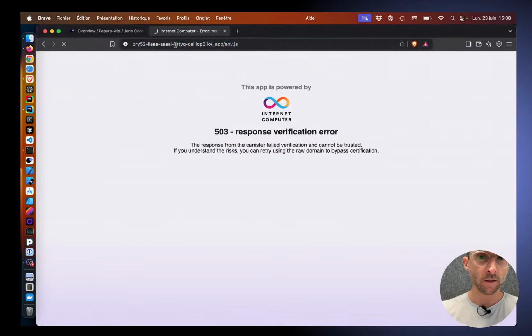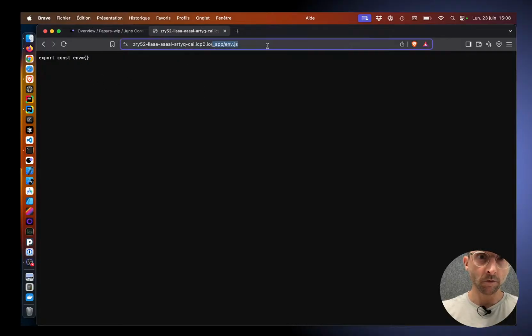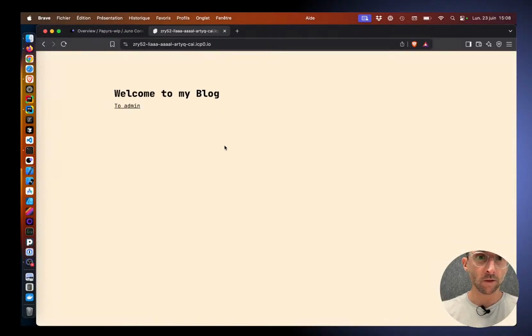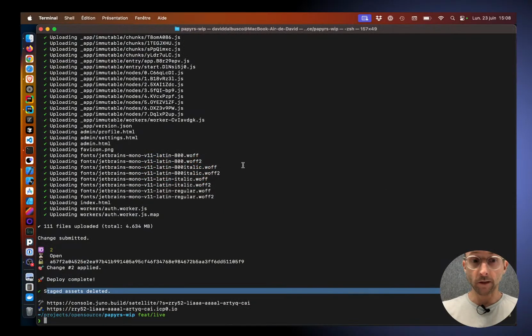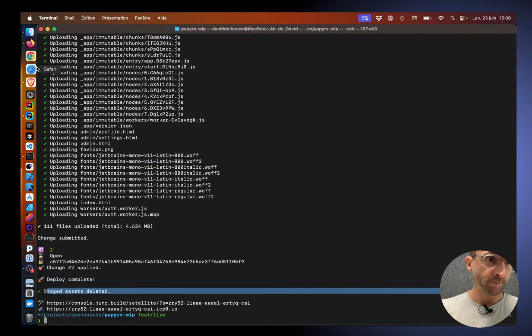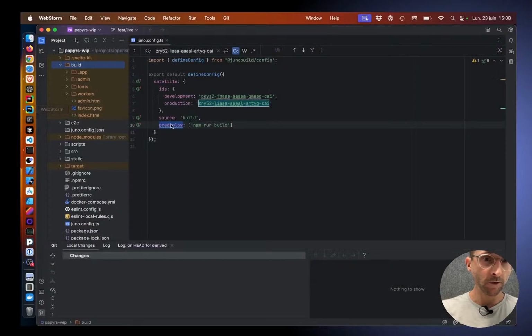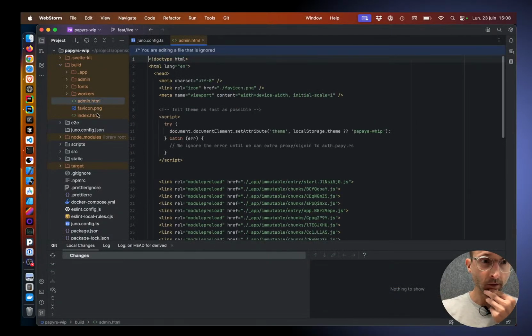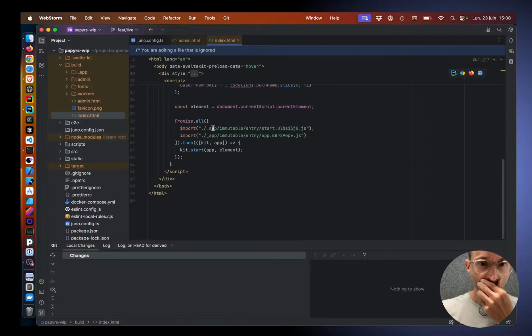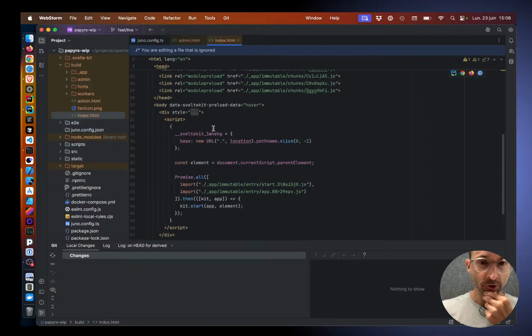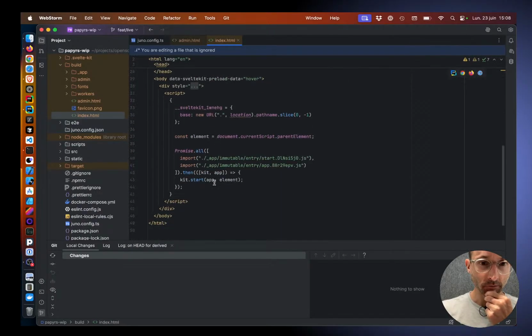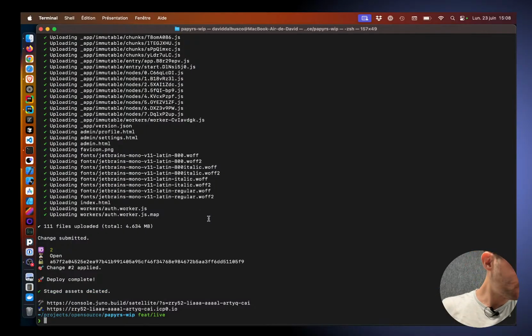Here we see we have it, and if I go to the root, then it's deployed. Okay, great. Now let's do that. In this index page here, I will just manually change whatever. I'm going to add something. Right. So now let's say,